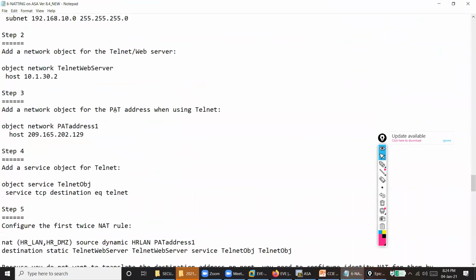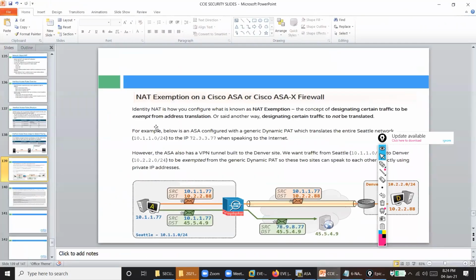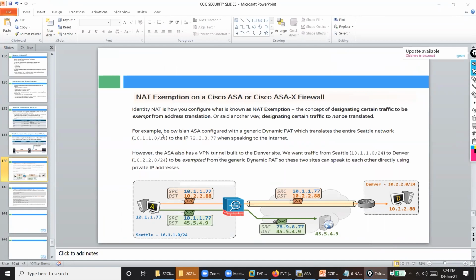At the same time, there is one more option. Okay, I just took this diagram from the net. So identity NAT. Now again, this is also a new term that you should know, also known as NAT exemption. Identity NAT initially came in those days when we started on ASA, before the 8.4 version. Identity NAT was actually used for a case where you have a server,